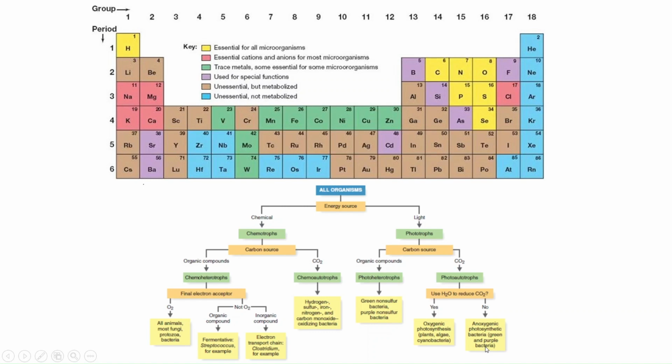Coming to the phototrophs that use organic compounds as their carbon source, they are known as photoheterotrophs. The examples of photoheterotrophs include green non-sulfur bacteria and purple non-sulfur bacteria. Again, these are also colored bacteria, but they utilize organic compounds as their carbon source, so they are known as photoheterotrophs. I guess this concept of chemotrophs and phototrophs, autotrophs and heterotrophs and all the combinations are clear,